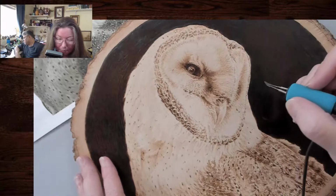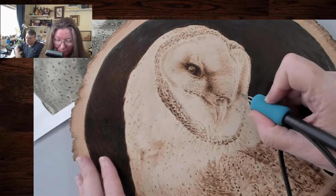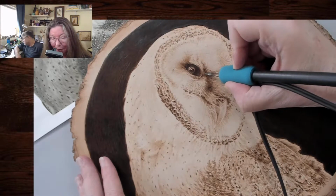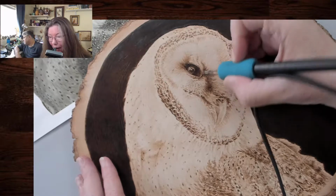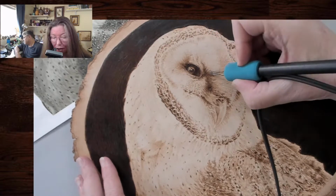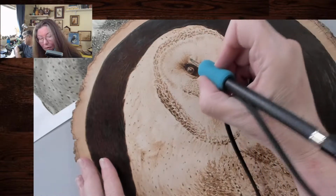And I am guilty of that. A lot of times I'll be done with a piece and I'll just want to be done with it, and I'll varnish it and I'll look at it like a year later and I'll be like, ugh, now I have to redo it. Yep. So if you can hold off, you won't have to do another one, because you're looking at it going, I'm not happy with it. I've grown as an artist. I can do better. I mean, granted, you can always do a new one if you want to, but